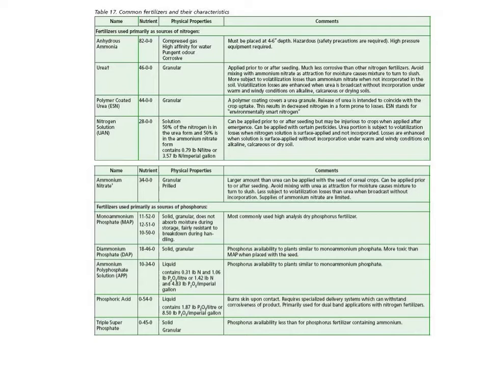The first one is anhydrous ammonia, and anhydrous ammonia is a gas that is injected into the soil as a nitrogen source. And so if you'll remember the nitrogen cycle that we've talked about, we put on anhydrous ammonia. Remember that ammonium, the NH4, is actually what is taken up by plants. This ammonia form of nitrogen, NH3, gets converted fairly rapidly to ammonium,